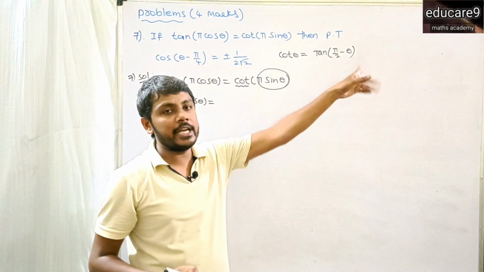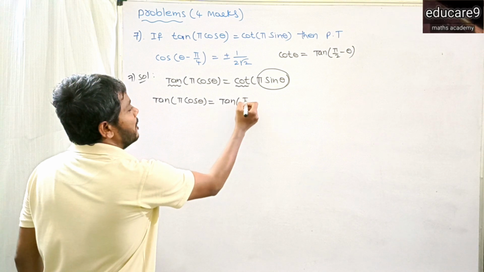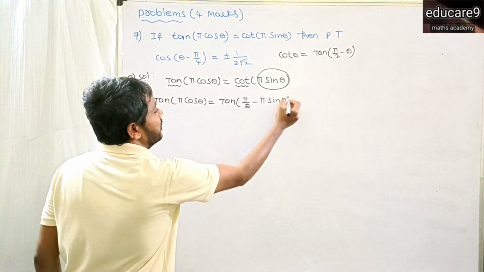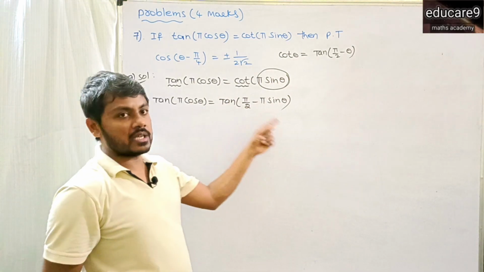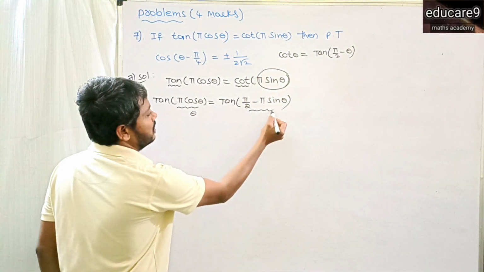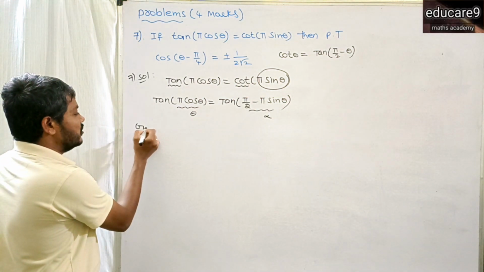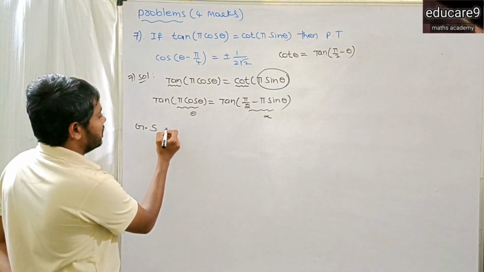Tan of pi by 2 minus theta, that is tan of pi by 2 minus pi sin theta. Now clearly this is of the form tan theta equals tan alpha. Clearly the general solution for this trigonometric equation is